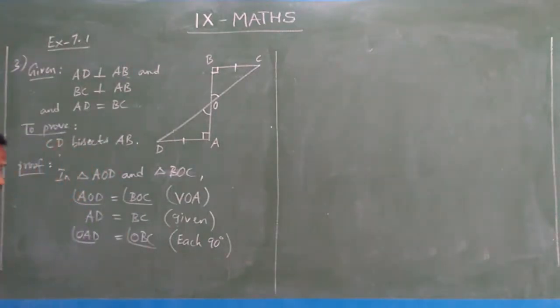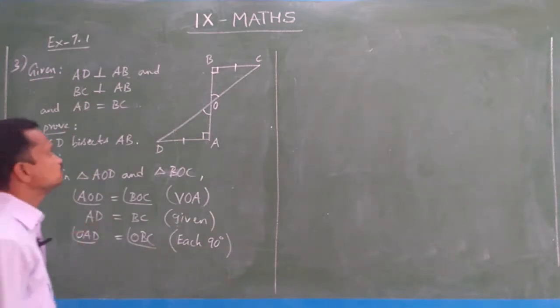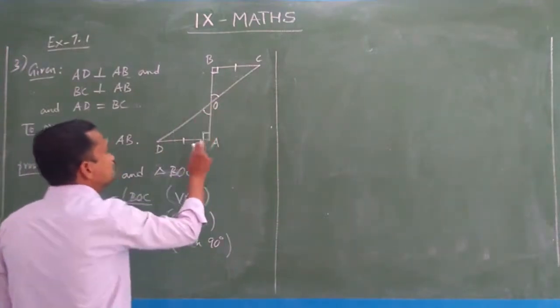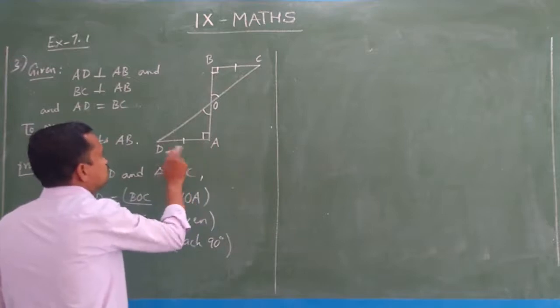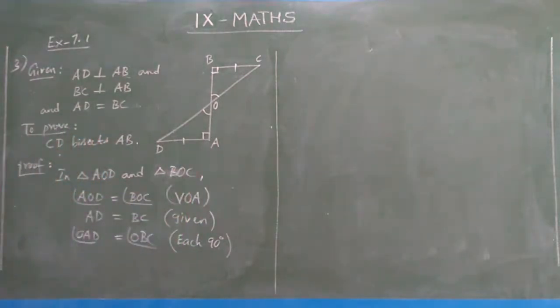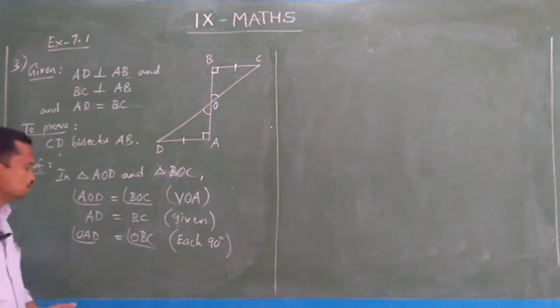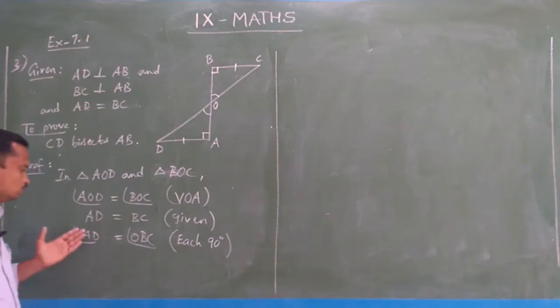And now, two angles on one side, and this is the included side, you see, AOD, BOC. So these two angles and this side, this is not included side, okay, but you can write it like that, two angles on one side. So, ASA,